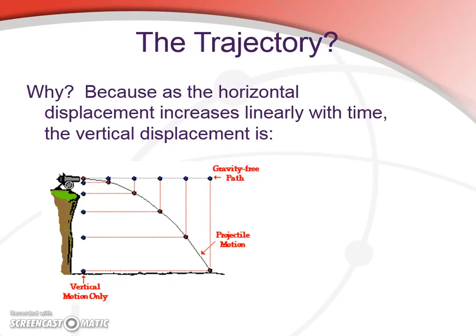But this picture is perhaps a little more interesting. If we consider the movement, the gravity-free path, this is really the velocity in the x direction, right? And the vertical motion only, this is our y component of the motion. Now what's interesting here is these may look familiar. We can think of this as time, as stop camera photography,